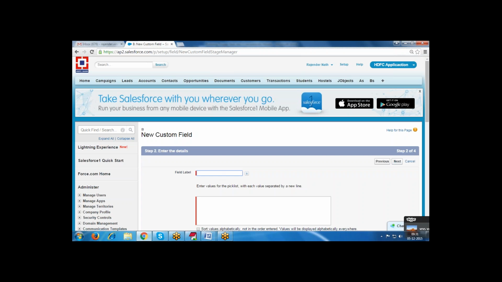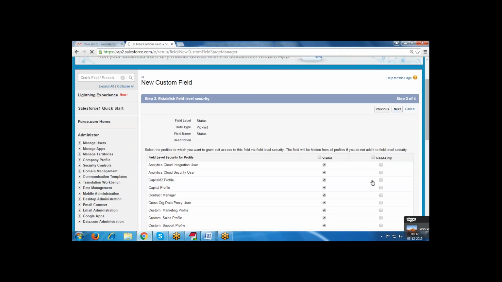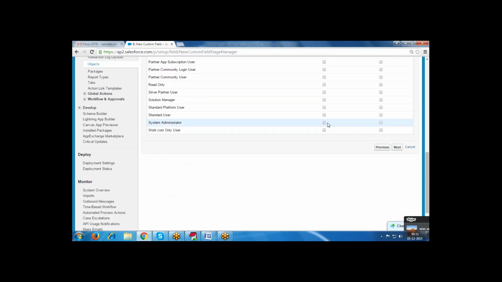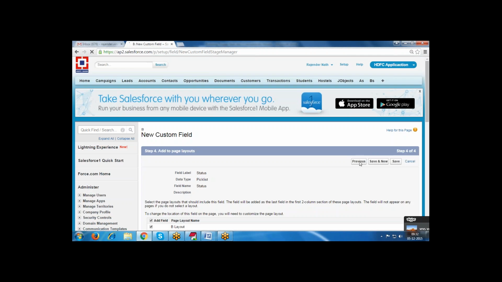In the pick list, status, inactive, system administrator profile level permission, and save it. And save and new otherwise.